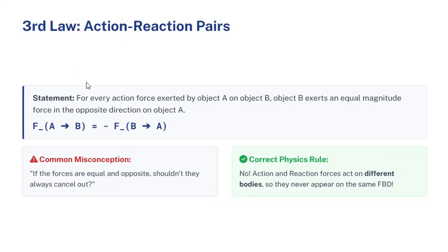Okay, the third law. The third law is action reaction pair. So if you push on an object, it will have an equal and an opposite reaction to it. A common misconception is that if forces are equal and opposite, shouldn't they always cancel out? That's actually not true, because action reaction forces act on different bodies, so they never appear on the same